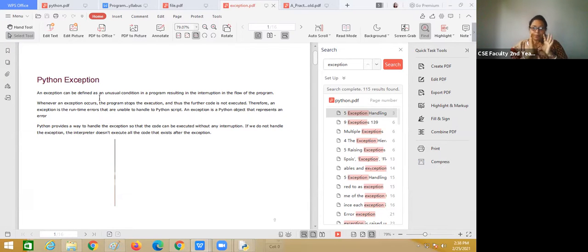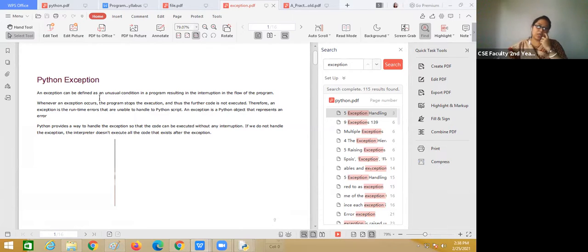An exception basically occurs at runtime. After compilation, when you go to the runtime stage, that is when an exception can be caught.